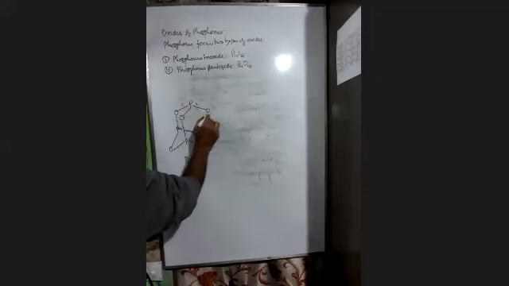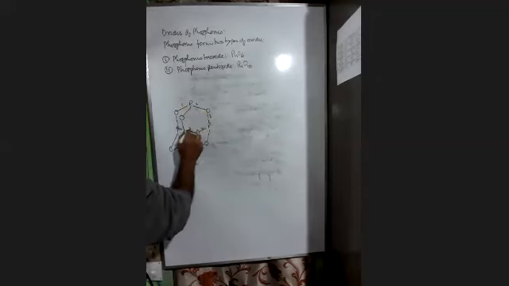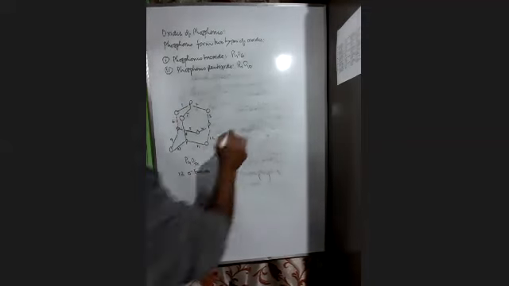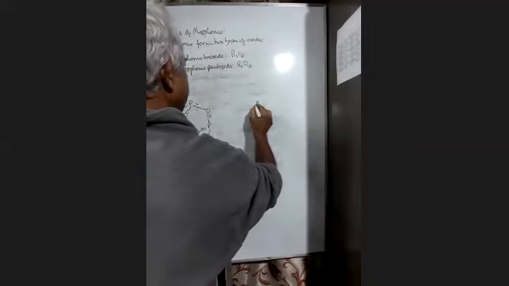So this is P4O6. How many sigma bonds does it have? Let me label it. 1, 2, 3, 4, 5, 6, 7, 8. Then 9, 10, 11. So it has 12 sigma bonds. Okay. And in another one,